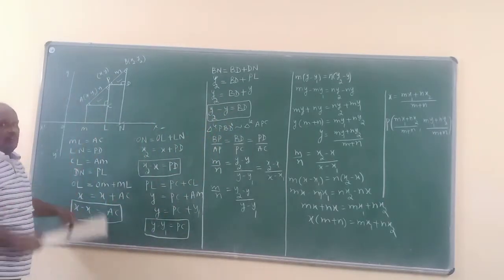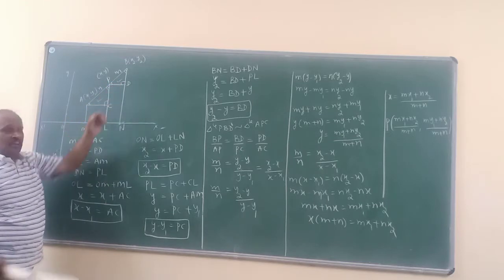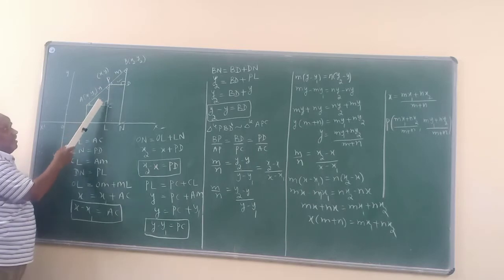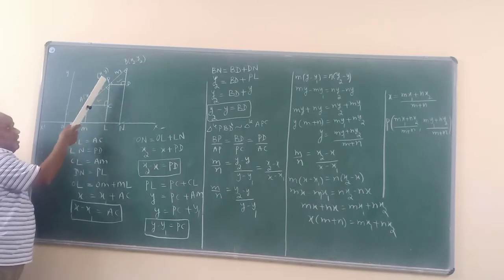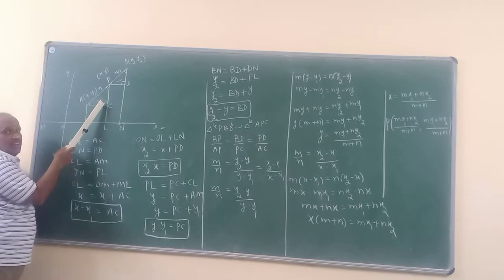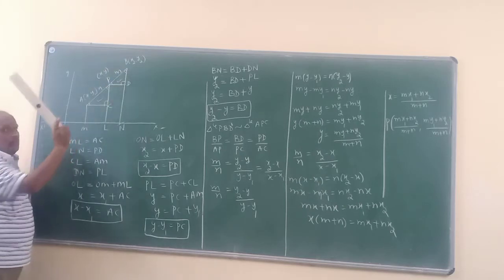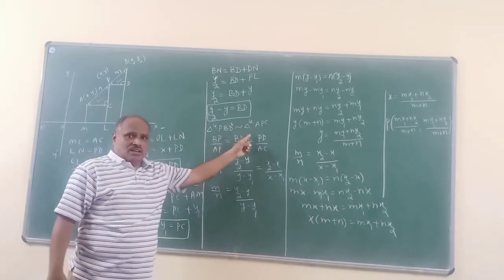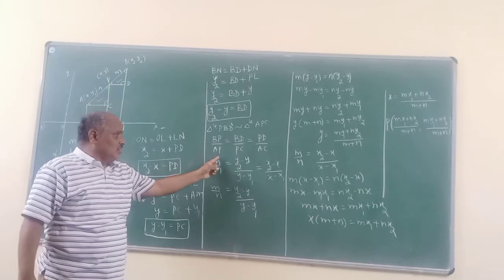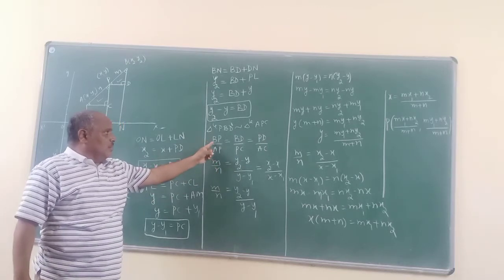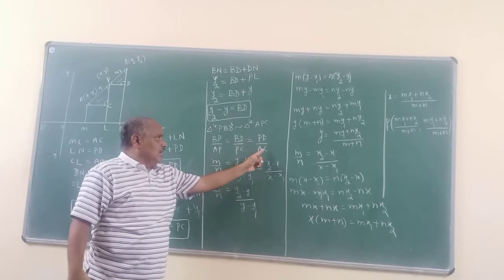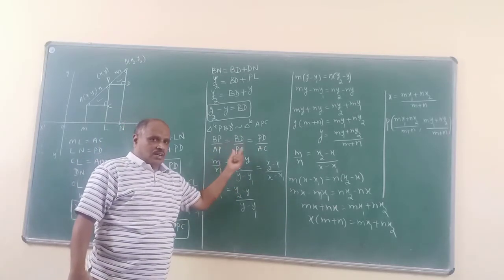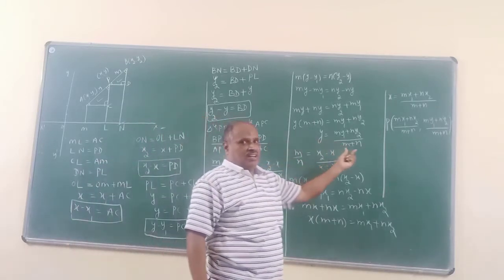These two triangles are similar because the angles are equiangular. This angle and this angle are corresponding angles because these two are parallel lines. This angle and this angle are equal because of 90 degrees. These two angles are equal, so the remaining angles are also equal in the triangle. If two triangles are similar, the corresponding sides are proportional. You know the values of AC, PD, BD and PC, so substitute them. Take them one by one. First and second you take, first and third you take. You may get the values of x and y.